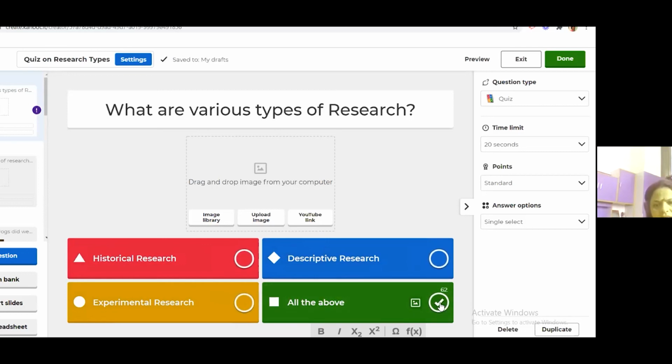If this answer is right, all the above, you are to click on it. The right answer can be selected by clicking on this right option.